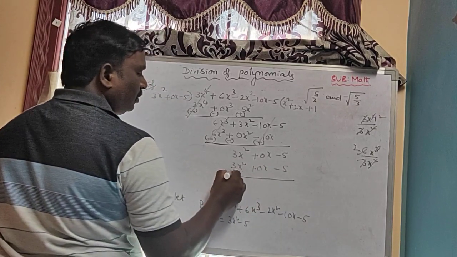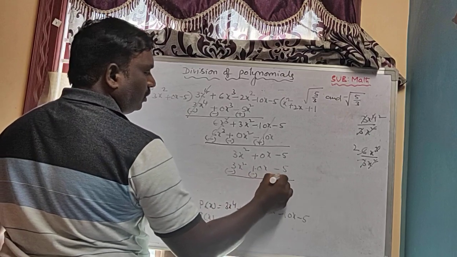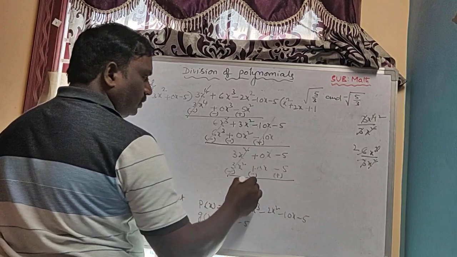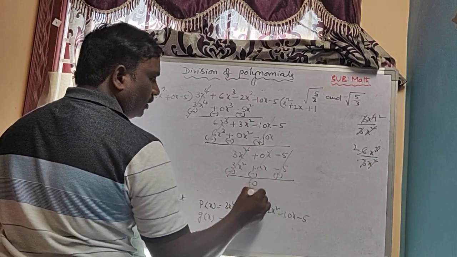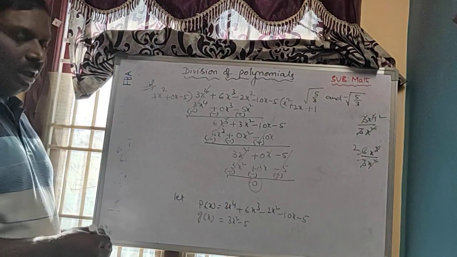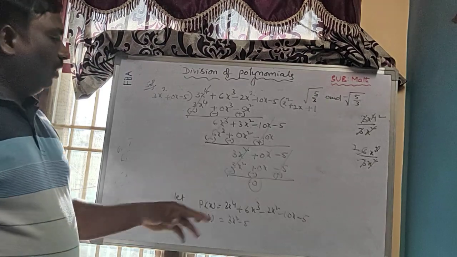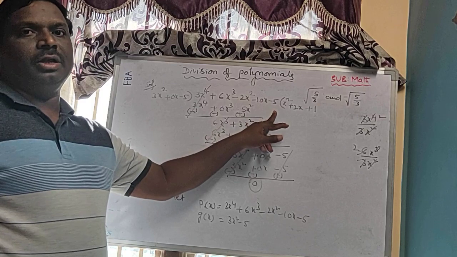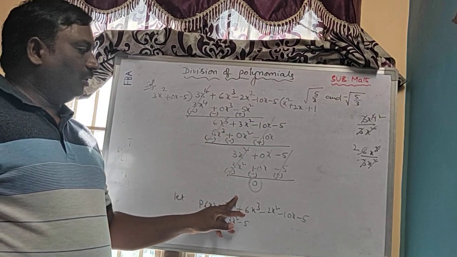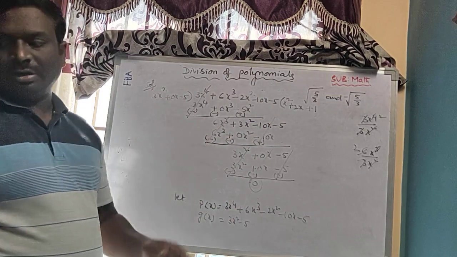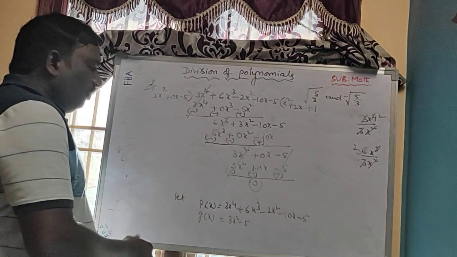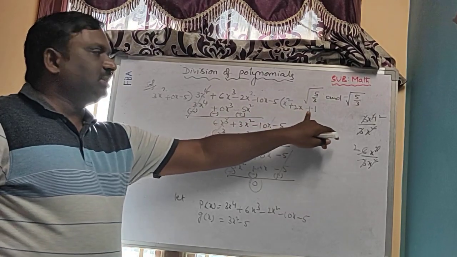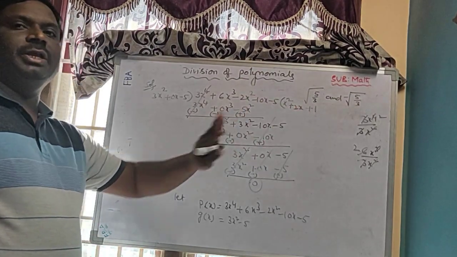When you do the division, change the symbols. So these two cancel, these two cancel, these two also cancel. Here the remainder is 0. Already I said in the second model that when the remainder is 0, definitely this is a factor of the polynomial. Now we need to find the remaining two zeros, and from this quotient we can find them.